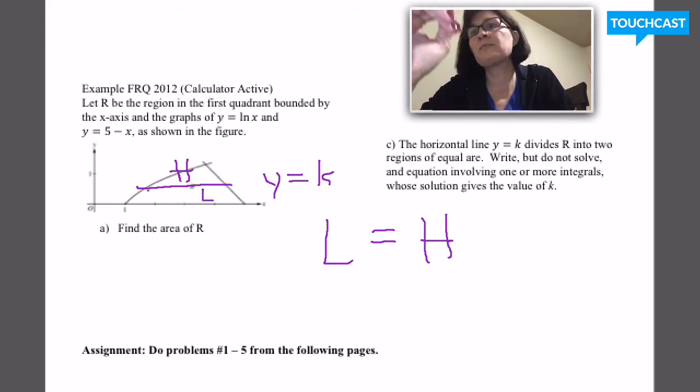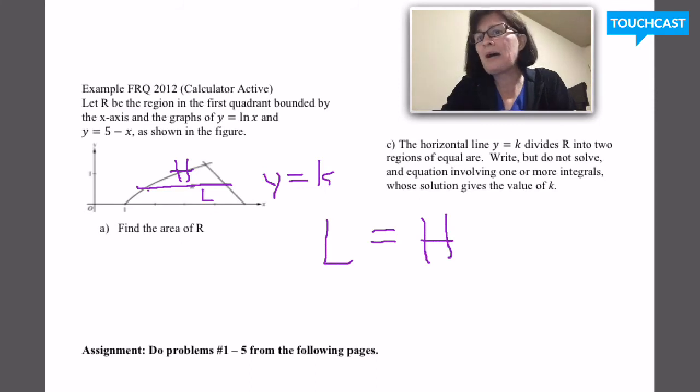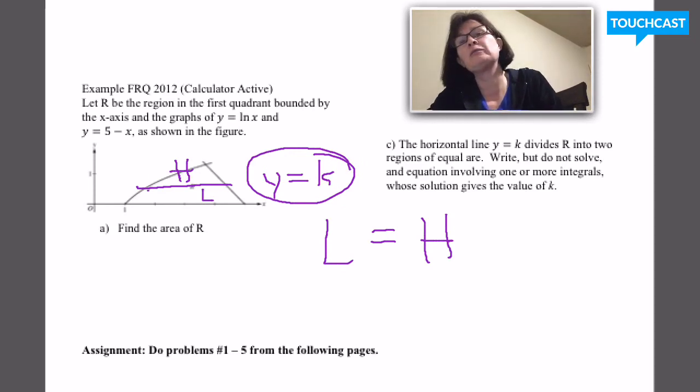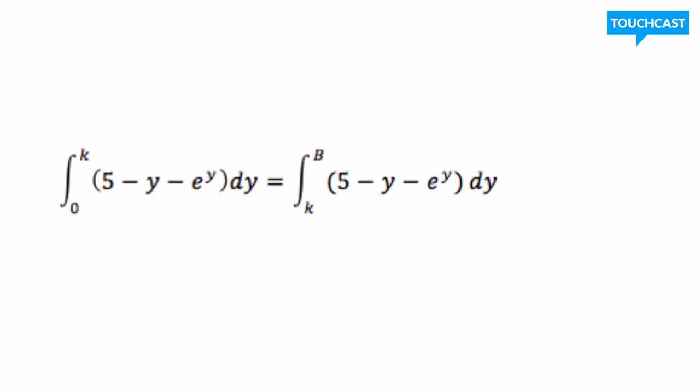Again, I'm going to integrate from bottom to top of right minus left. The bottommost y is 0. The uppermost y of region L is whatever this k value is. So it's going to be the upper limit on my first integral, and then I'm going to integrate from k to, remember what we called that y value, B. So here's my integral. In the picture I called this area L for low and this area H for high. So I'm integrating from 0 to k, from bottom to top of right minus left. And that's equal to the area of H. I'm going to integrate from bottom to top, k to B, of right minus